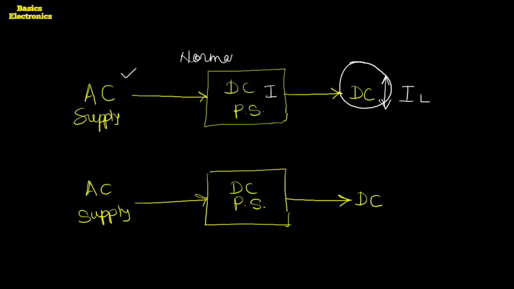That power supply we call a normal DC power supply, or we also call it an unregulated power supply. A power supply whose output voltage remains constant, whose output voltage remains stable even if there